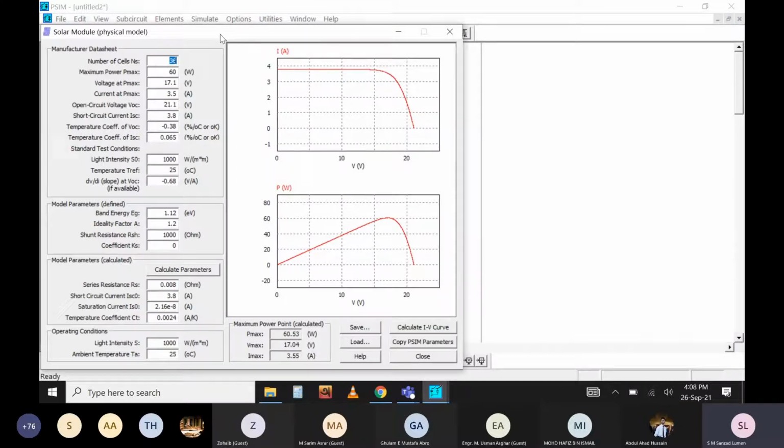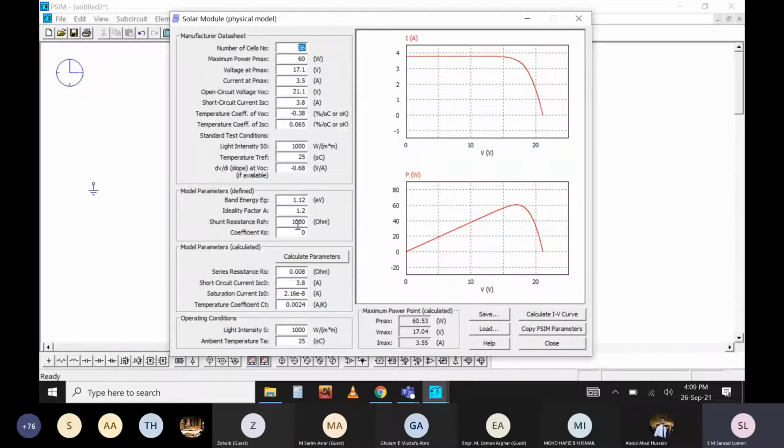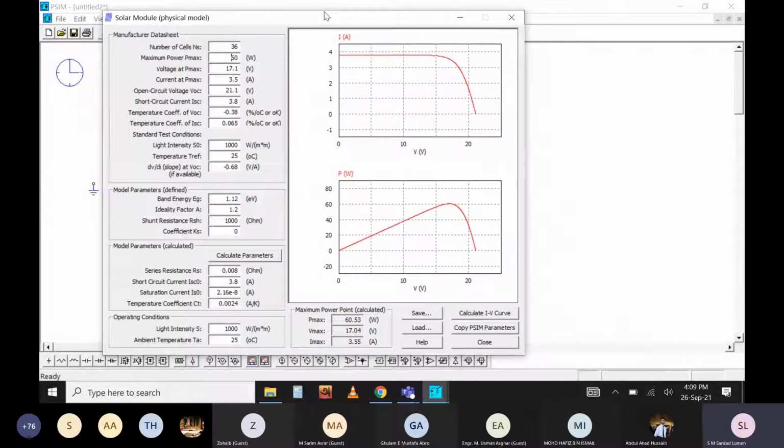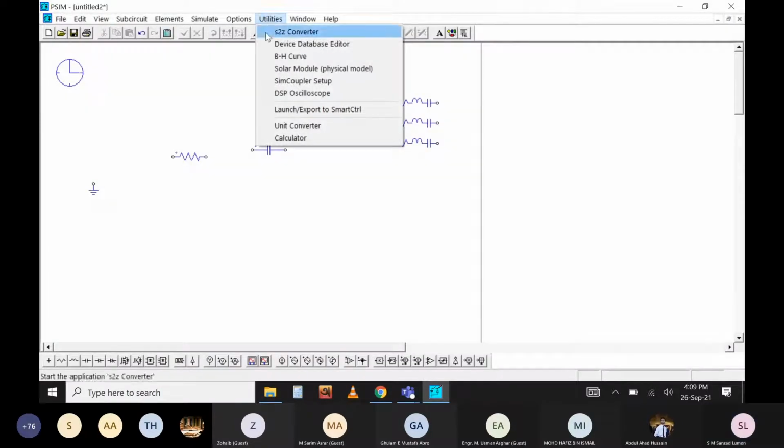Solar module. This is the solar module. All the parameters have been given here, and you can see the characteristic curve. You can change it as per your requirement, like you can change the voltage rating, current rating, or wattage rating to match some practical models available, or you can just imagine that you want this kind of module to be available for your research work. Then you can change the parameters accordingly and make your own solar model, and you will see the characteristic curve. Later you can use this particular solar module in your simulation. So those are the items usually available.